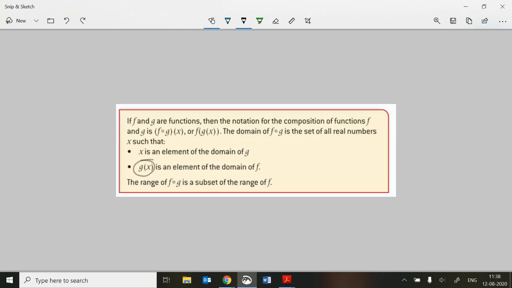So what we're talking about here is putting in numbers for x which satisfy the domain of g, then getting out a range of answers, and that range of answers is now going to be the domain for f. Now, it might be that the natural domain of f is bigger than what you're putting in from g of x,